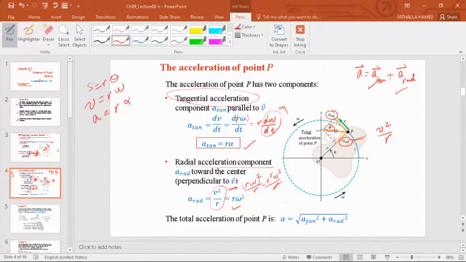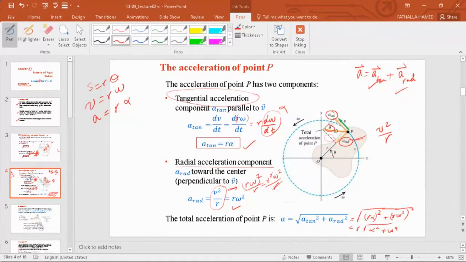So a will equal the square root of a tangential squared plus a radial squared. So this is equal to the square root of r alpha squared plus the a radial here is r omega squared, and square the whole thing. Now you can take r outside, so this will be r times the square root of alpha squared plus omega to the fourth. And that will give you the magnitude of the acceleration at any point